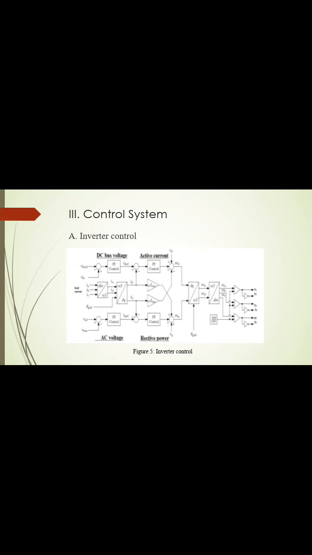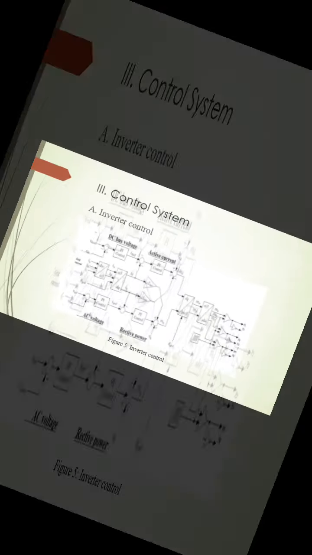First one is inverter control. The inverter is utilized for power exchange between the AC grid and the DC bus. The converter strategy is implemented as cascaded control in a DQ frame. The pulse width modulation generator is used to give a gate pulse for the switches of the inverter, which helps to maintain the DC bus voltage. The cascaded control has an inner current loop and an outer voltage loop. Phase lock loop is used for synchronization with the grid voltage.